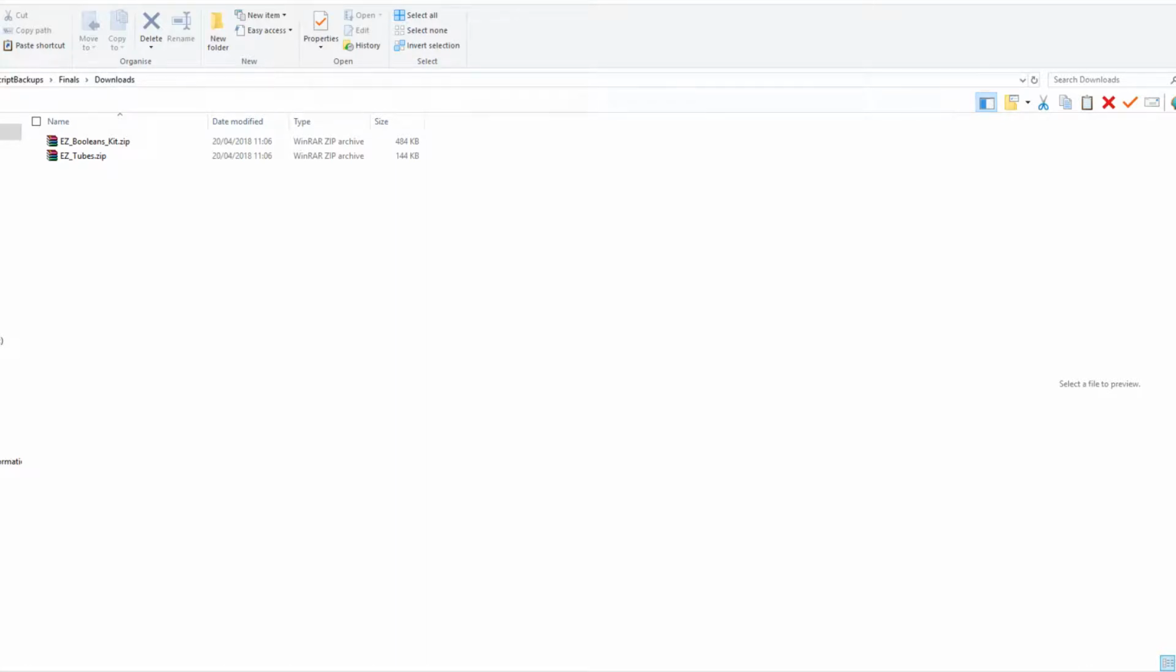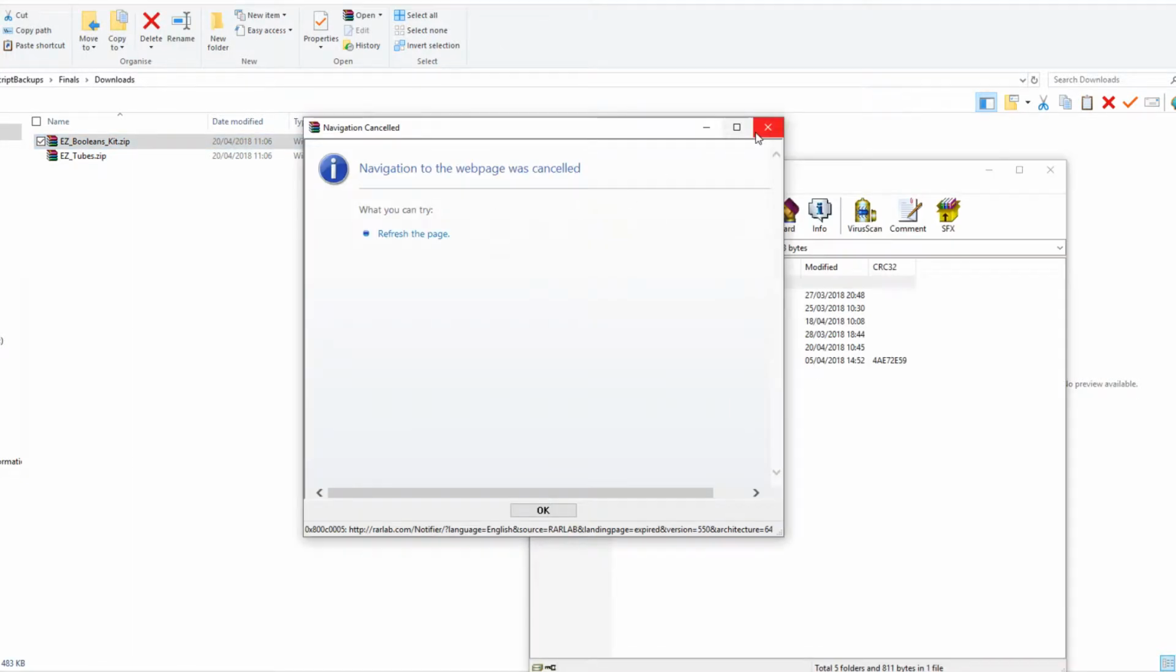Hello, a few people having trouble installing my kit, so I thought I'd just put together a guide so it streamlines it all. So once you have the kits downloaded, just gonna open them up